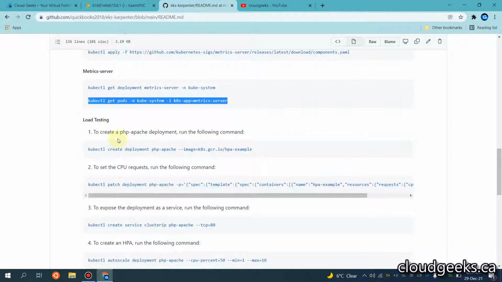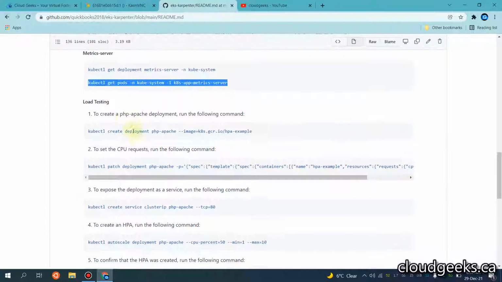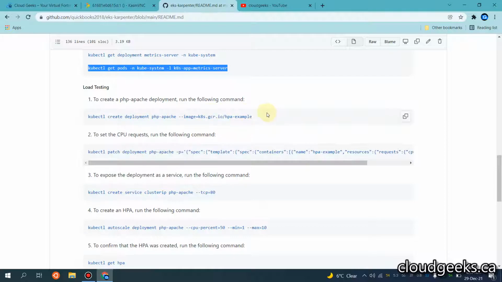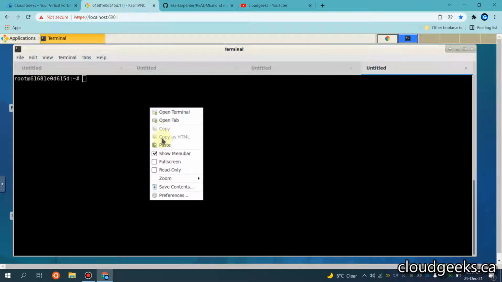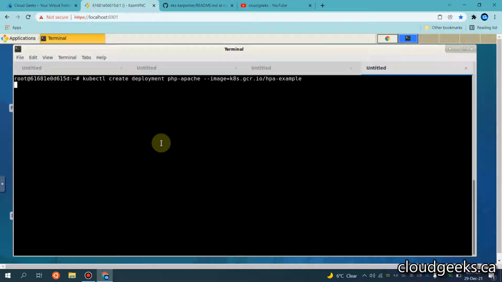For load testing, we will be setting up a small PHP deployment. It is a very tiny application, and let me simply paste this command here, and with regard to that, let me simply remove this part and paste it. So it will set up the PHP application in the default namespace.